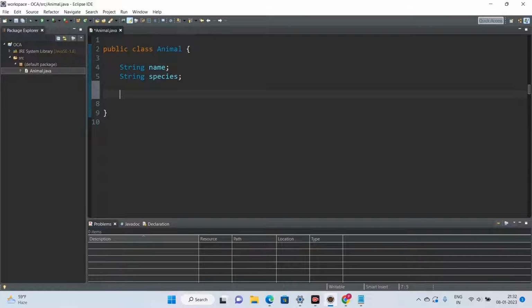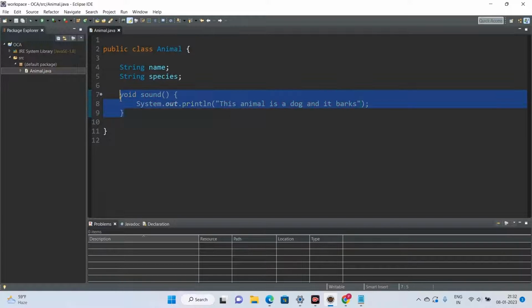So we can just say void sound, and basically we are going to just display something inside this method. So sysout, we're going to just say this animal is a dog and it barks. So for example, whenever this particular method is called, basically this particular line of code will get